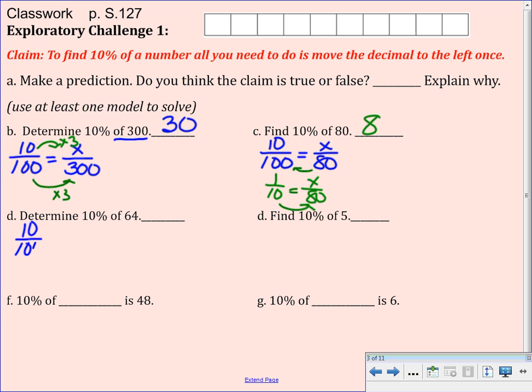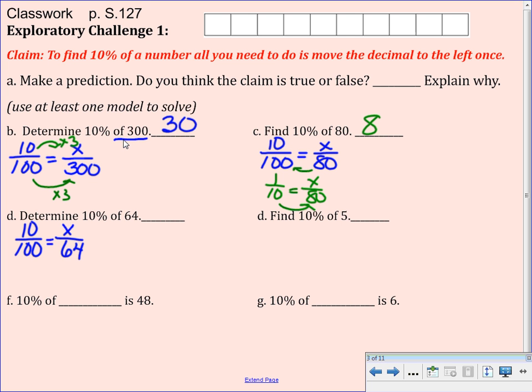10% is the same thing as 10 over 100 because percent always means out of 100, equals what part of 64? Now I'm going to think ahead here a minute. If I reduce that to 1/10, am I still going to be able to get from 10 to 64? No. What did we say of meant? What operation does of mean? We worked on this a while ago when we were doing tape diagrams. Of means to